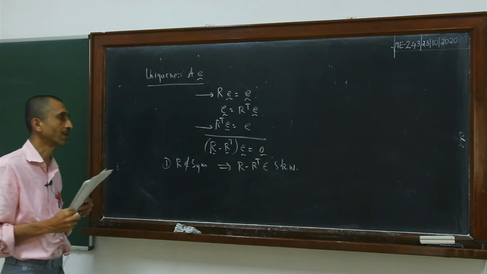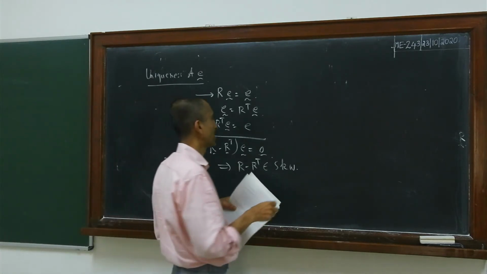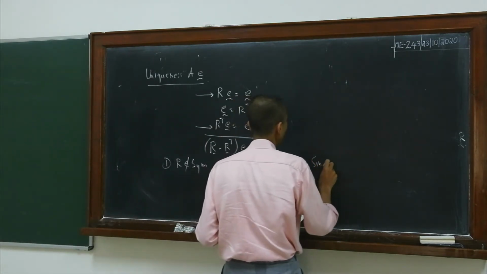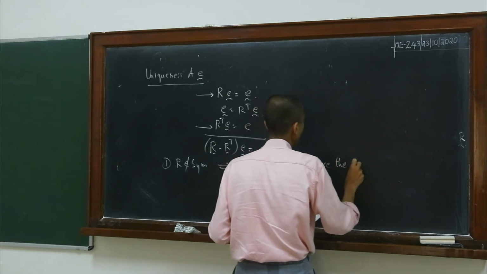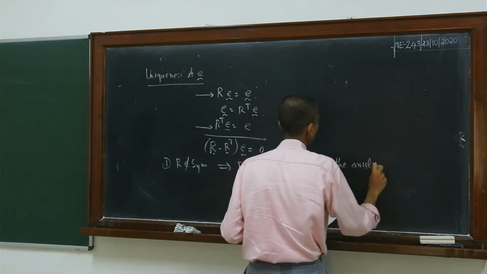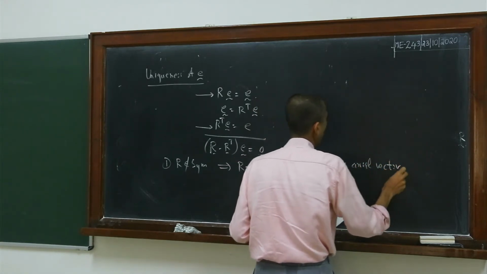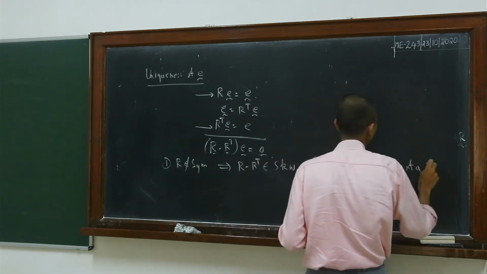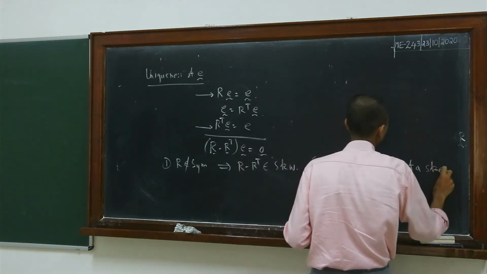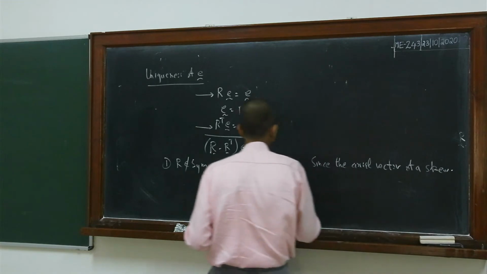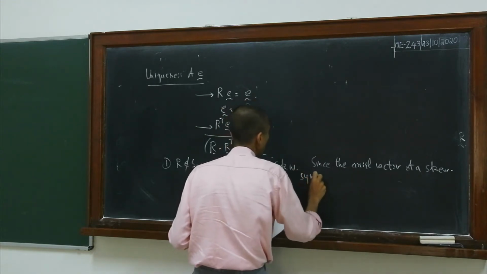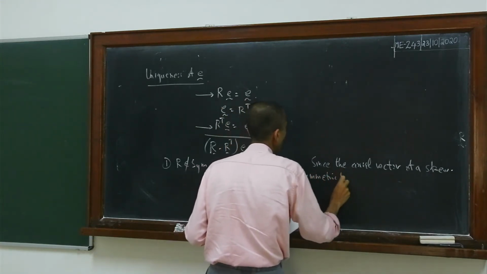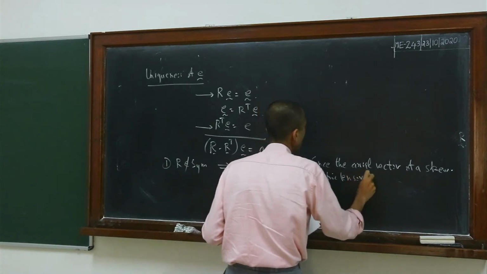So since the axial vector of a skew-symmetric tensor is unique,